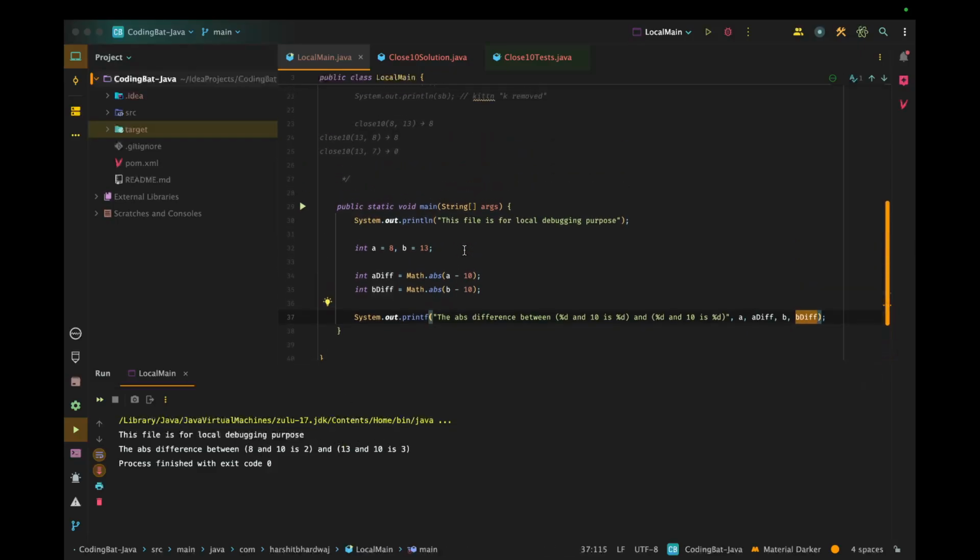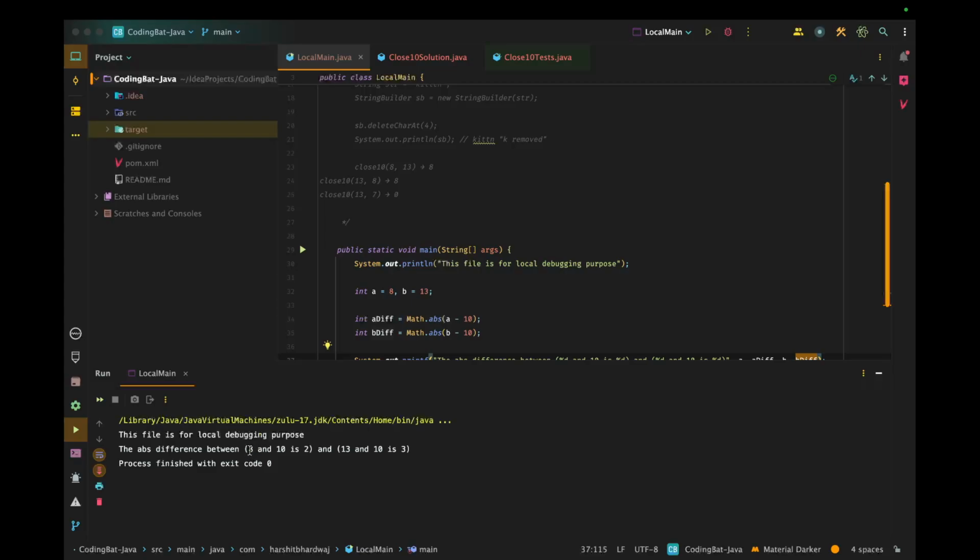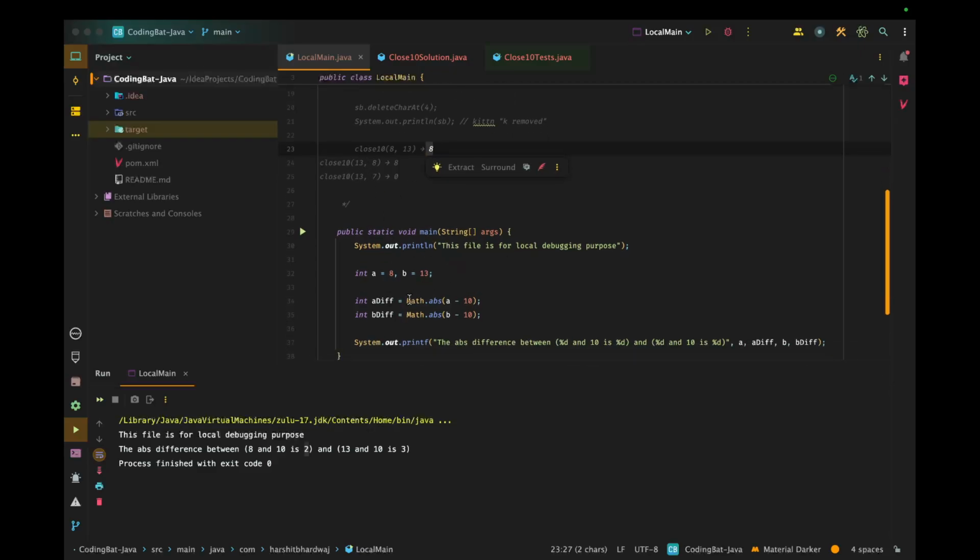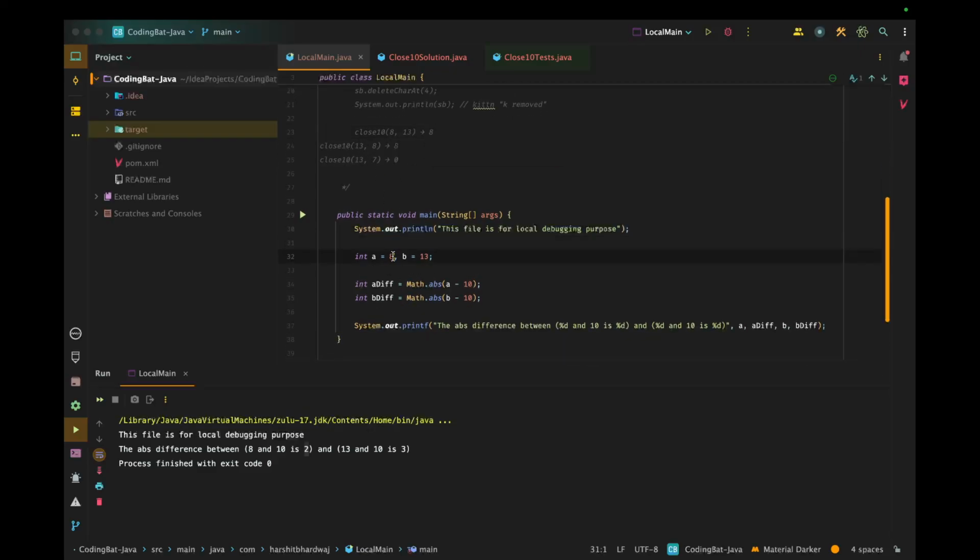Right. Now since the difference between 8 and 10 is 2, which is smaller, hence in the first case we are returning a, or 8. If we swap the numbers, that is a is 13 and b is 8, and if we run now, the difference between 13 and 10 is 3, and 8 and 10 is 2.